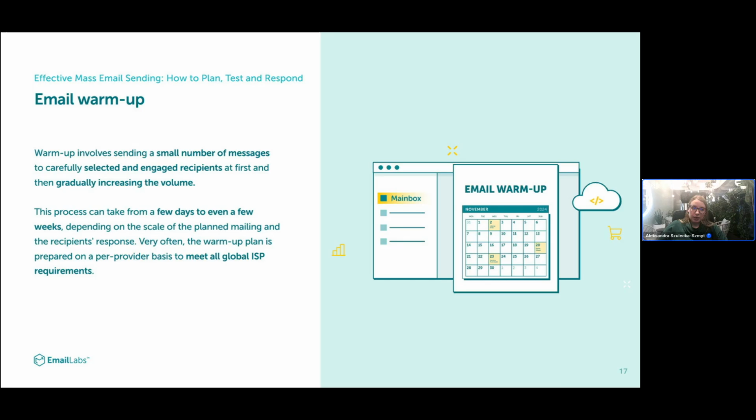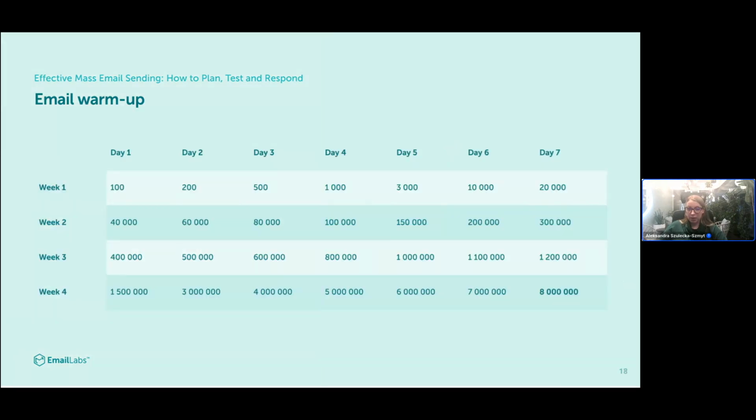And on the next slide, we have an example table with the email warm-up schedule, and it will be easier to show how it works. We start with a very, very small volume, for example, 100 emails per day, and then we watch for any bounces. We see there are no suspicious statuses received by our emails. We move to a bigger volume, for example, 200 emails per day, and the procedure is the same. We look at the email statuses, there's nothing suspicious, there are no bounces from the provider, there's no limiting.